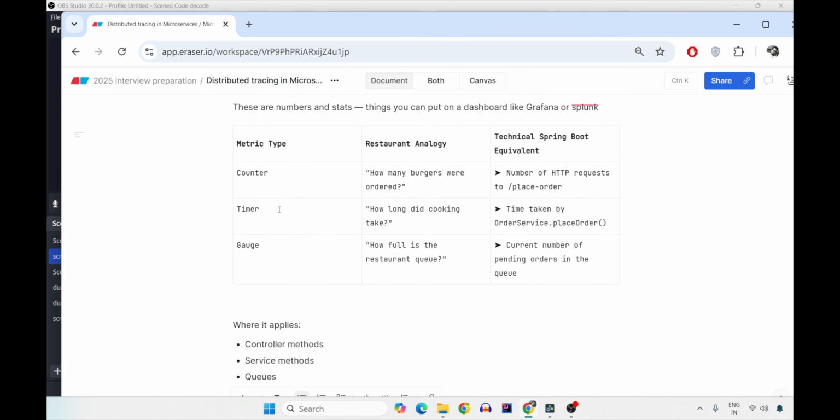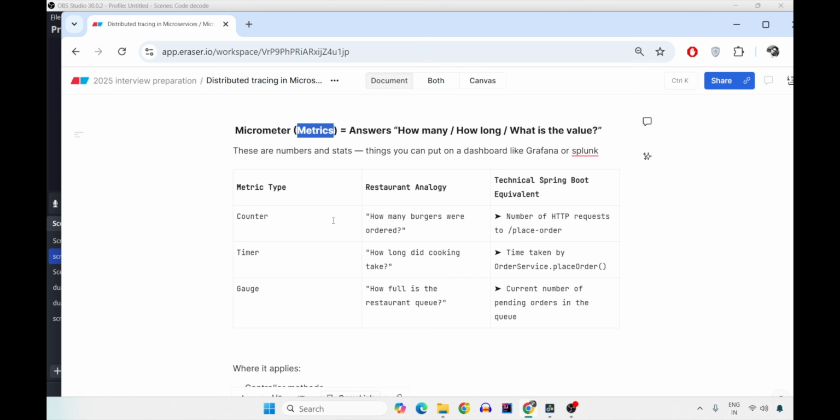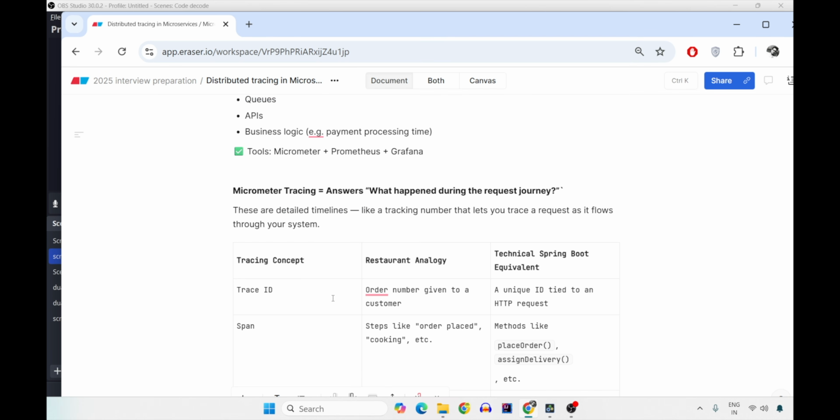Okay, so I think I am able to make you understand what metrics are, that is counters, timers, gauge, that is the number around how your request is getting parsed, how long it takes to be fulfilled, how many requests you are capable to handle, and how many pending orders you are able to process quickly in that particular span of time. Second very important thing was tracing. So micrometer comes with 2 things: metrics, that is numbers; tracing, that is the journey of the whole request. So this is very similar to Sleuth.